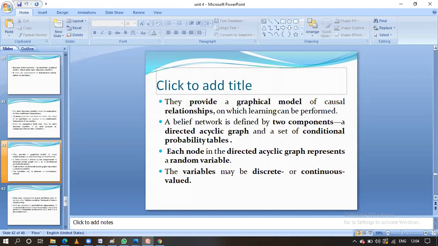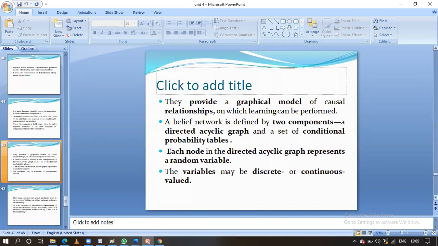Okay, in this Bayesian belief network, this is a graphical model. Here the relationship between the attributes is mentioned with the help of a graphical model. In the Bayesian belief network, mainly we will have two components. One is a directed acyclic graph, we call it a DAG. In addition to that, another table is also there. What is the table name? Conditional probability table. These are the main two components in the Bayesian belief network. With the help of these, we are going to represent the overall data.